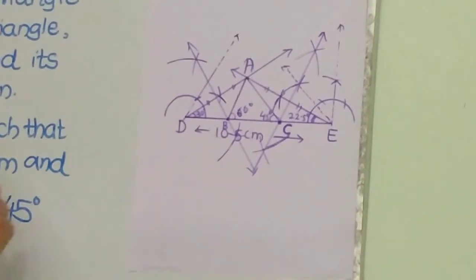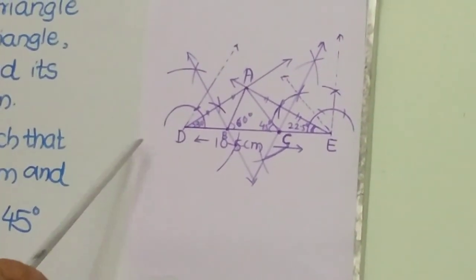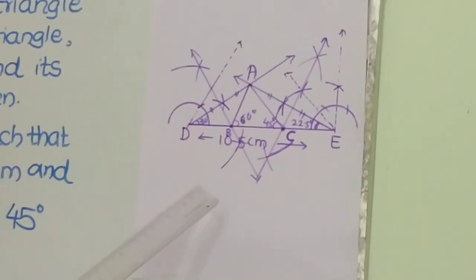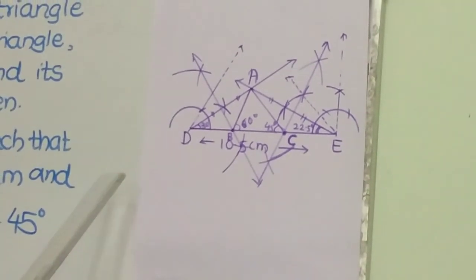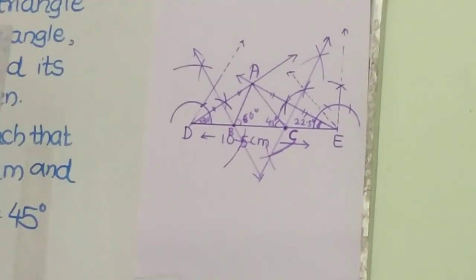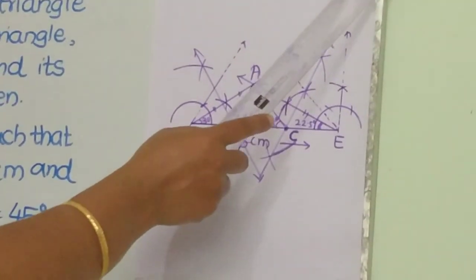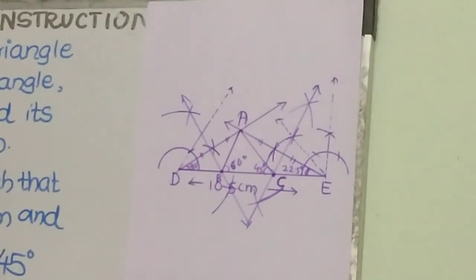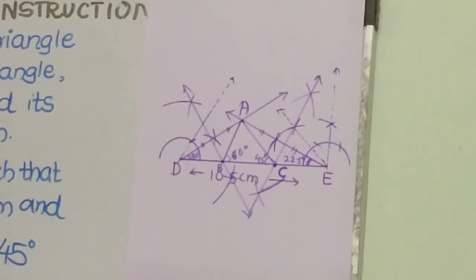On the basis of this construction, you are going to solve exercise 11.2 in your notebook as homework. First you are going to copy these sums, whatever we took in this lecture, and then you are going to write the homework as exercise 11.2 questions. Question number 1, 2, 3, 4, and solve them.